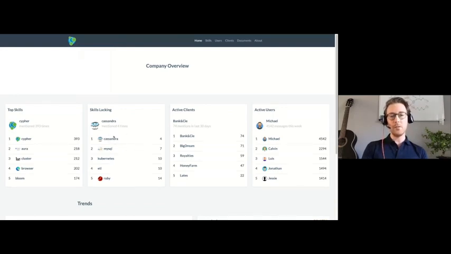The insight of these skills is helpful, because if you have some activity with a customer, let's say around Cassandra, you can see that we are lacking competencies in Cassandra. So you might want to give trainings or have some materials around Cassandra for your employees.